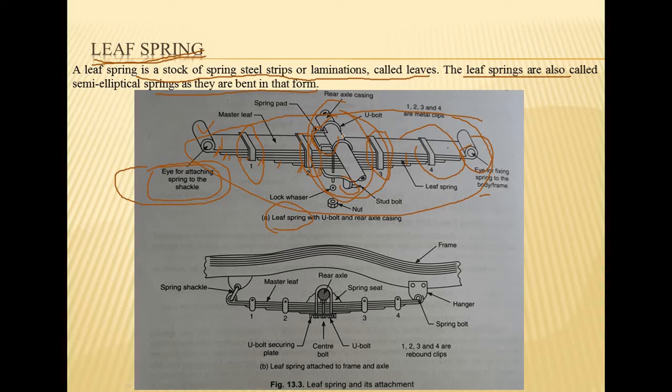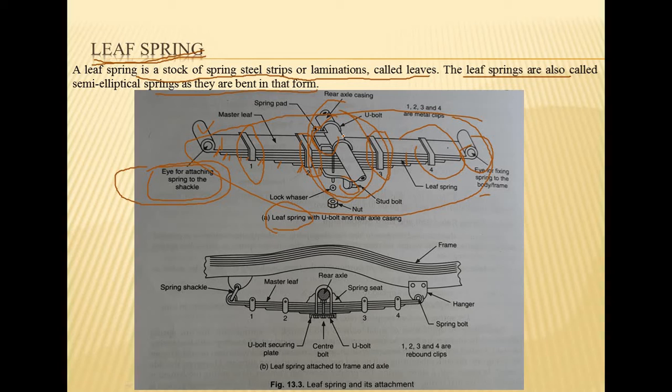When the spring is in the flexed state, nip causes the leaves to rub together, resulting in the creation of friction. This friction is called interleaf friction, and it helps in quick damping of the spring oscillation. Upon rebounding of the spring, the nip would prevent the occurrence of gaps between the spring leaves, which would not allow the penetration of dirt and sand between the leaves, and thereby the wear would reduce.